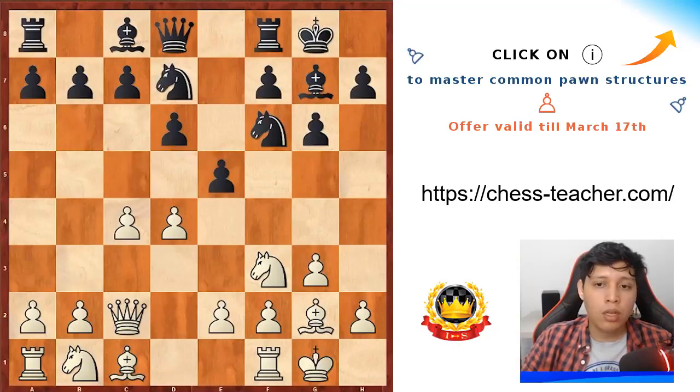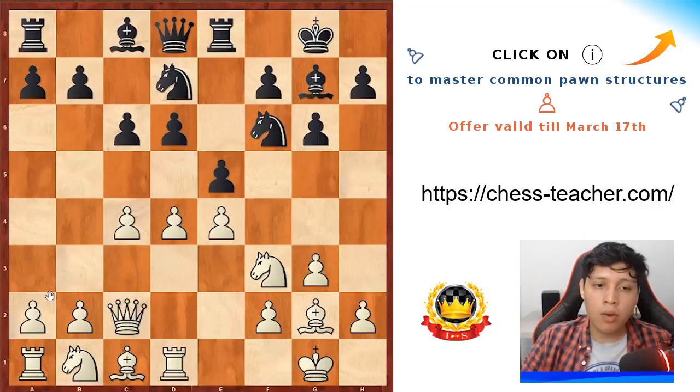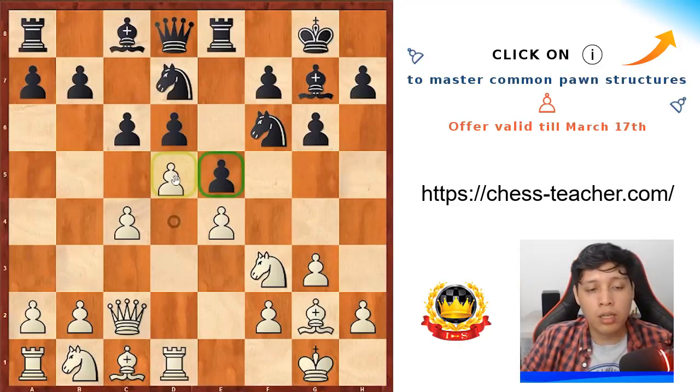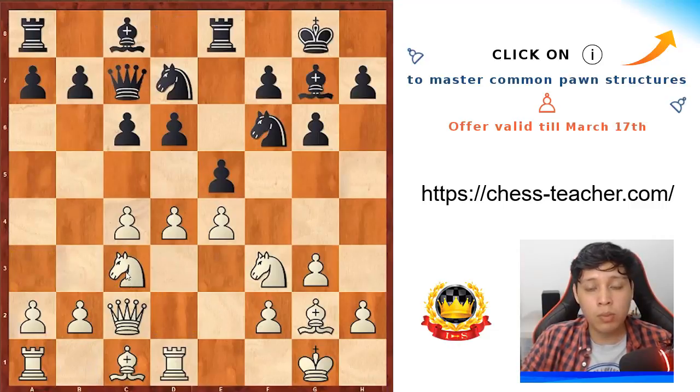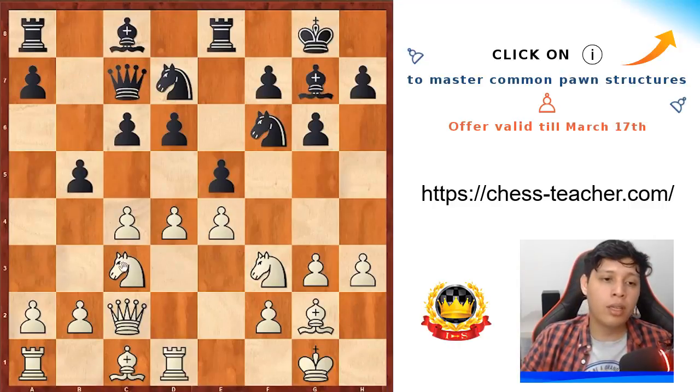Queen c2, e5, rook d1, rook e8, e4, c6, and now we get the structure that we want to review. This is one of the most complex ones. As I mentioned, there are not so many options here. White, of course, could maybe think about playing something like d5 in this position. But instead of that, they decide to keep the tension a little bit more, and they played knight c3. Queen c7 was played here, h3, b5, and now we get into the